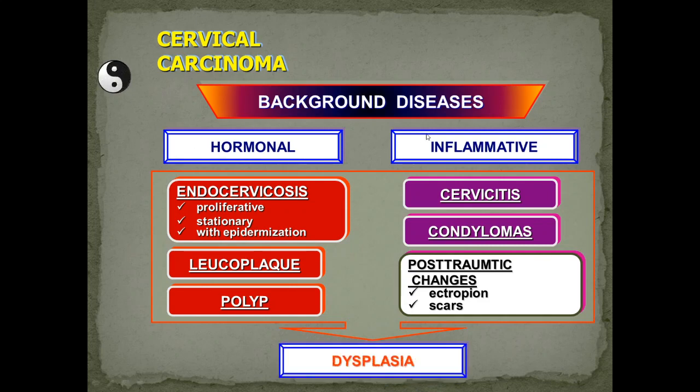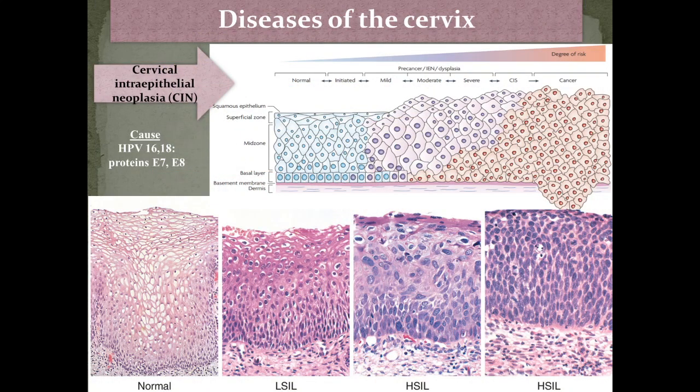And then these hormonal changes or diseases and inflammative diseases with time could, not definitely, but could lead to dysplasia. So what is dysplasia? Dysplasia means that cells increase their speed of proliferation and they do not have enough time to mature completely and fulfill their function. That's why we have an increase in size. So you see this light blue color, this one. These cells are normal cells. Compare with this one, you see they are bigger, nuclei are darker,